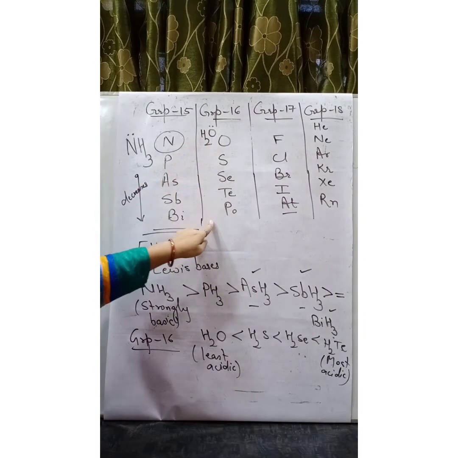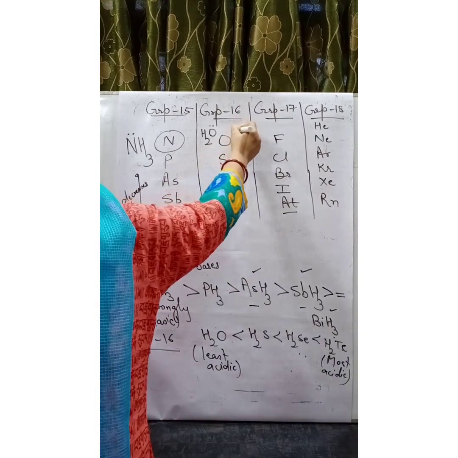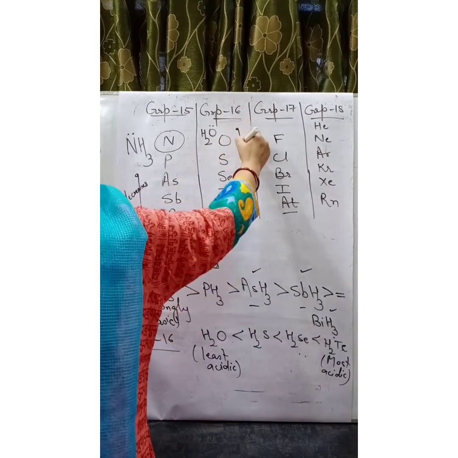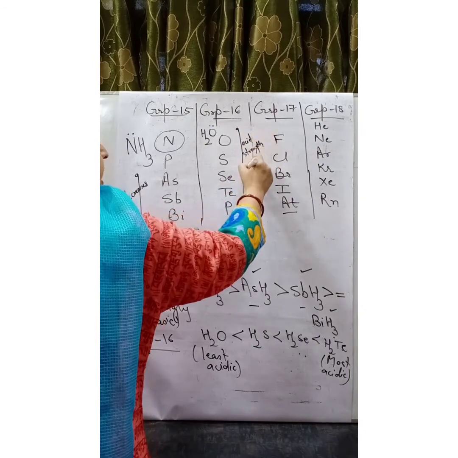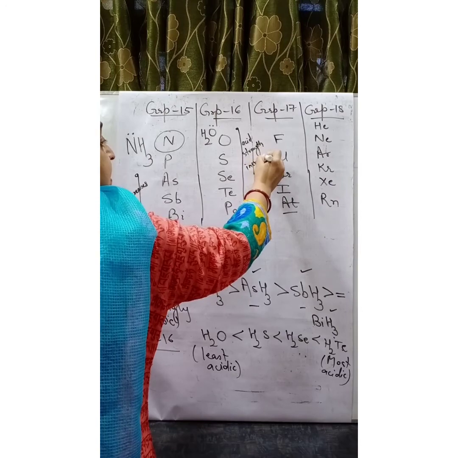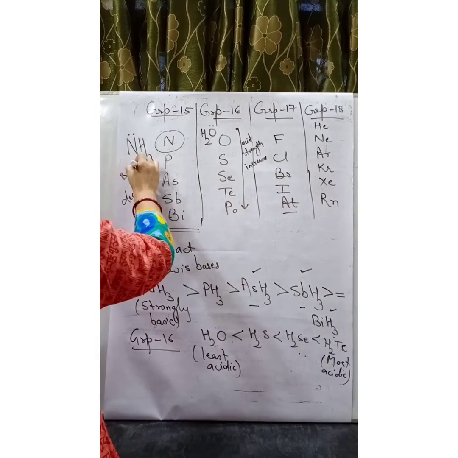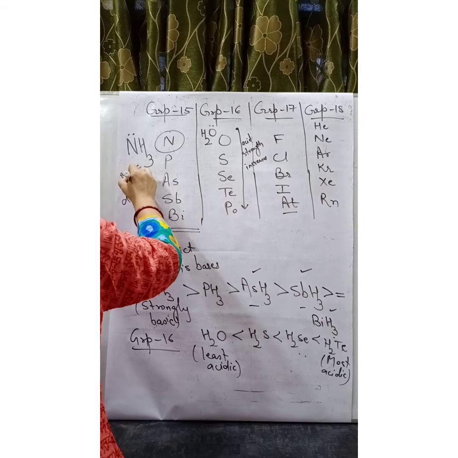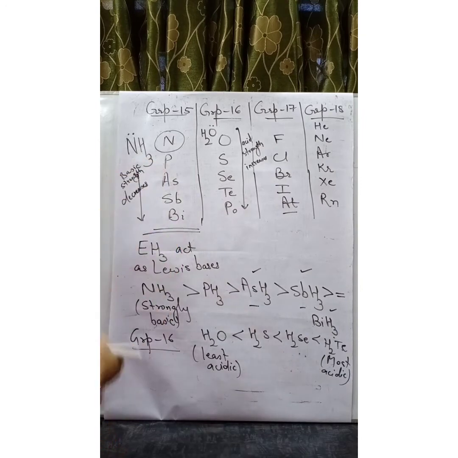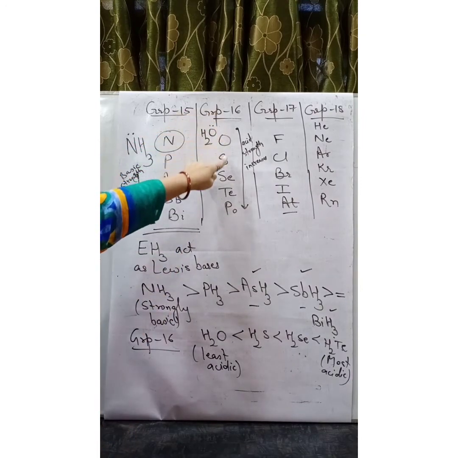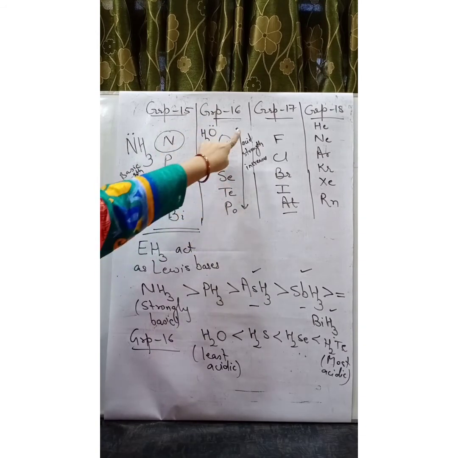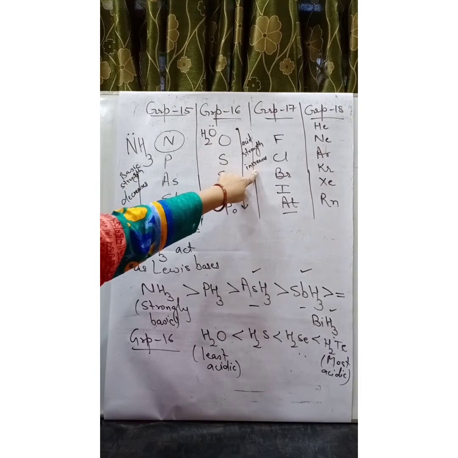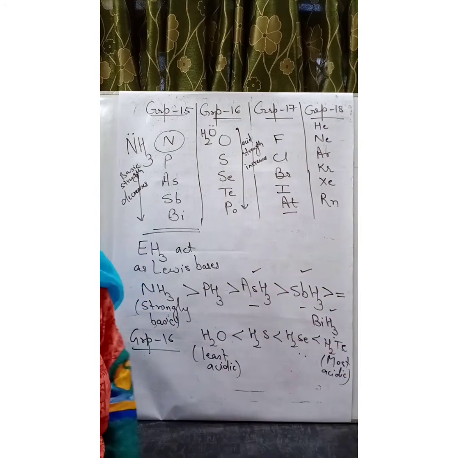Now here we are talking in terms of acid character. Now how will we say, as we move down, acid strength increases. This was basic nature decreasing. Basic strength decreases when we move from top to bottom. But when we are talking about group number 16, as we move down from top to bottom, acid strength increases. One more property of acid is what? Tendency to lose H plus ions.